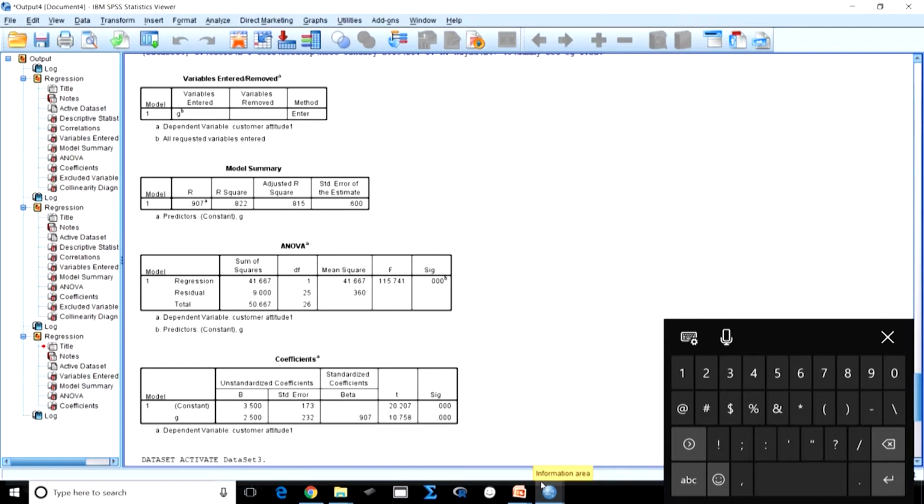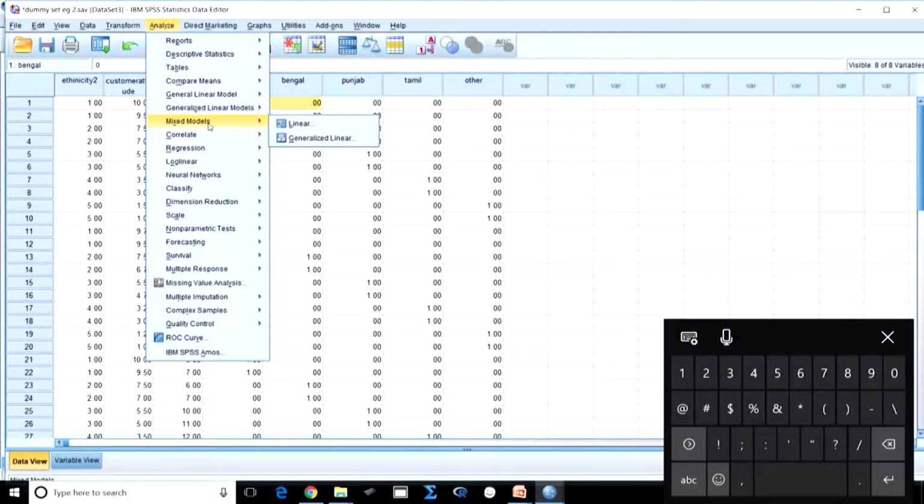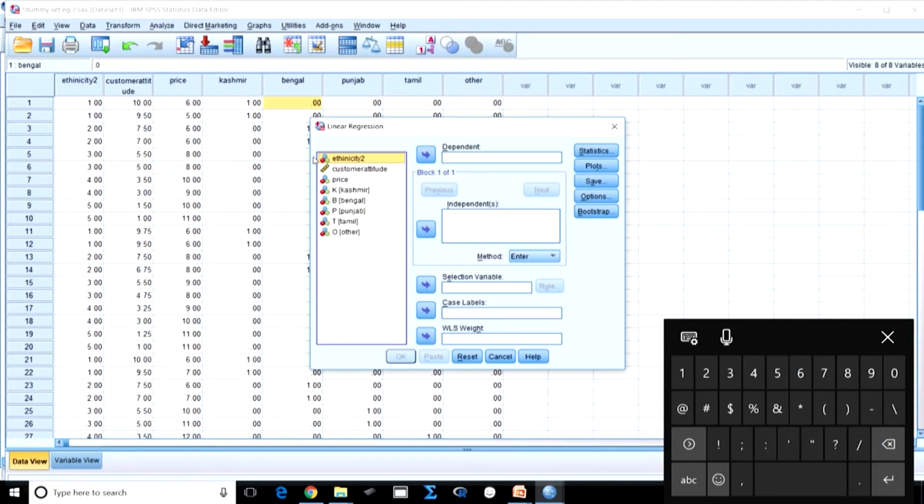Now you see you got 5 dummy variables, but when there are 5 we said we always need 4, right, k minus 1. So, we need 5 minus 1 to see the effect, and the last one will be the reference or the comparison group. Now, I want to see the effect of ethnicity on the customer attitude, right. So, let us go to regression linear.